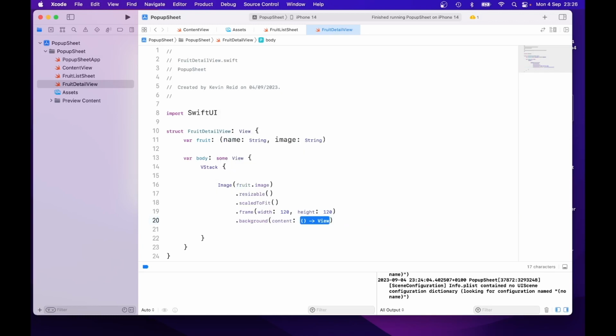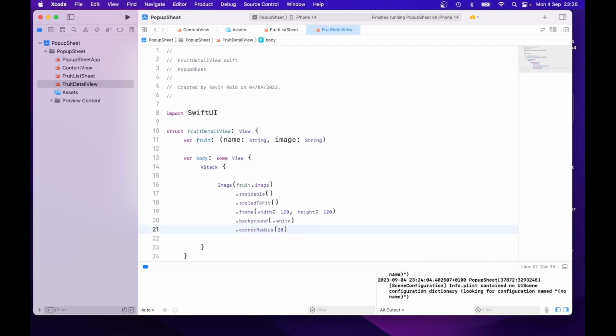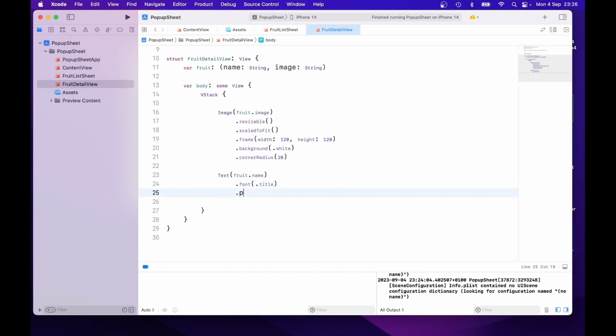Dot background, dot white, dot corner radius 20. Text, fruit dot name, dot font, title, dot padding, which just adds some padding around the text. And then